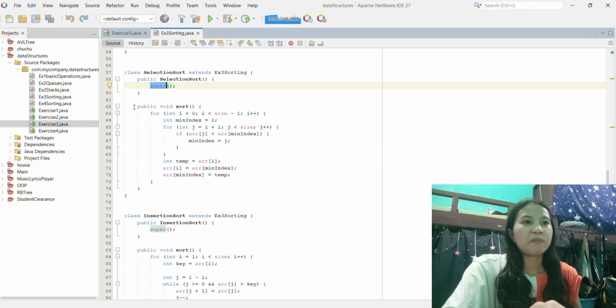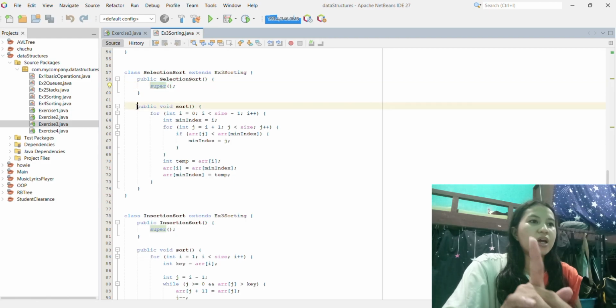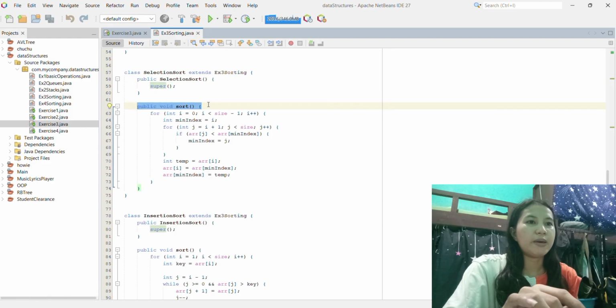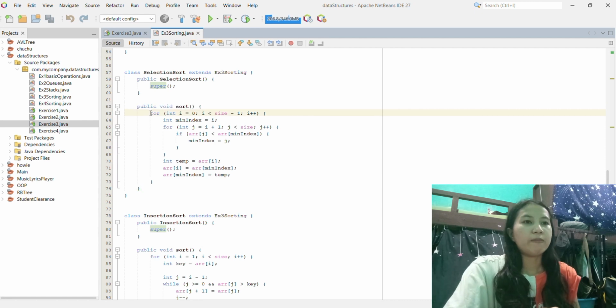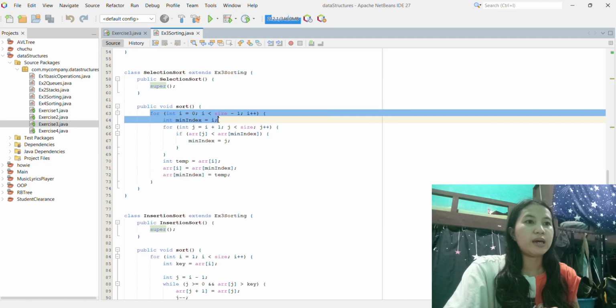The sorting process is implemented in the sort method. Selection sort works by repeatedly finding the smallest element in the unsorted part of the array and swapping it with the first element of the unsorted portion. Over time, this builds a sorted section at the beginning of the array. The outer loop runs from i equals 0 to size minus 1. At the start of each loop,